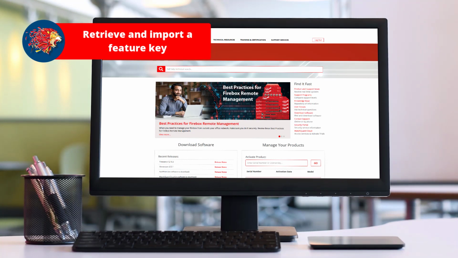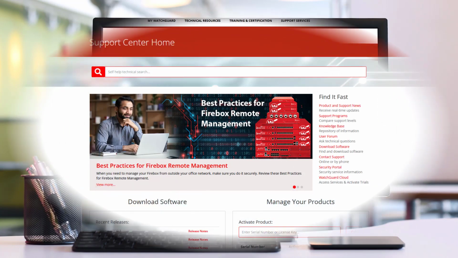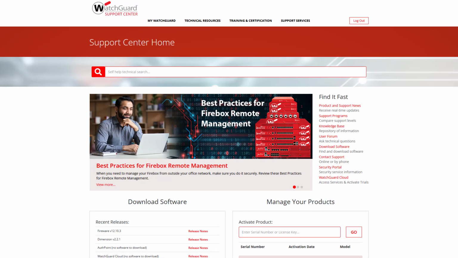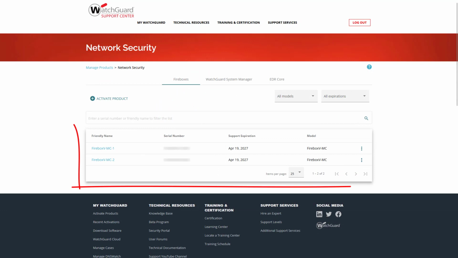Whenever we want to manually import a feature key, we first need a copy of the key. So, logged into the WatchGuard Support Center, we go to My WatchGuard, Manage Products, then click on View Products in the Network Security tile. Here we can see a list of all registered devices on this account. To see more details of a device, just click on the device's name, yet we can use a shortcut, using